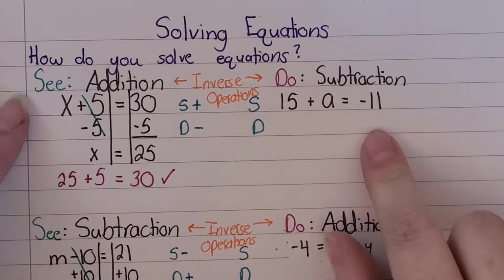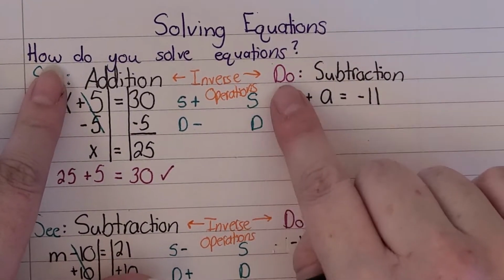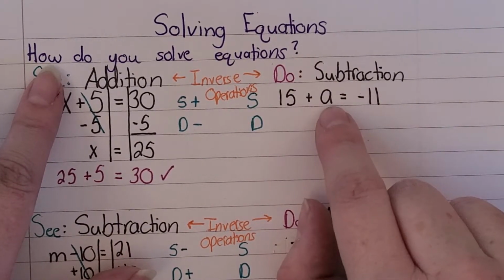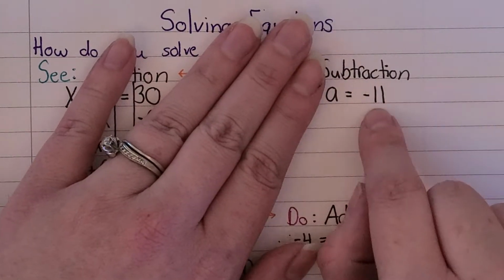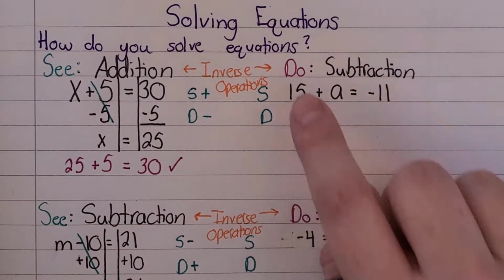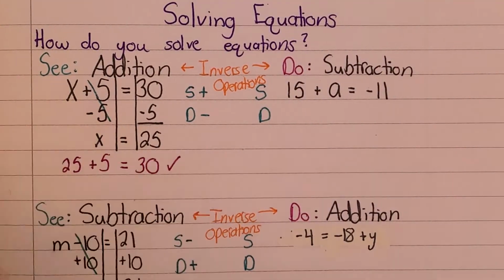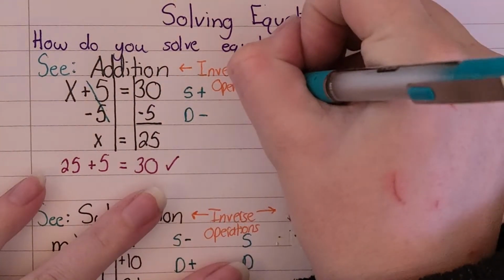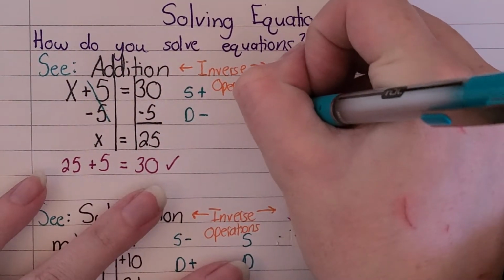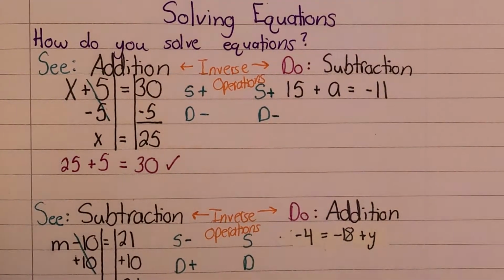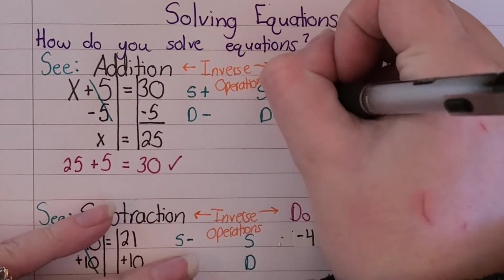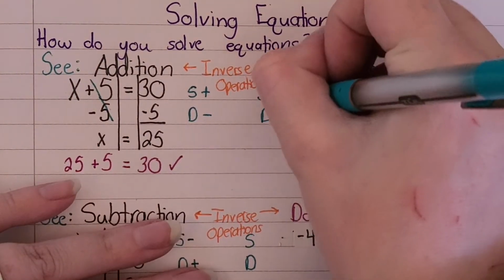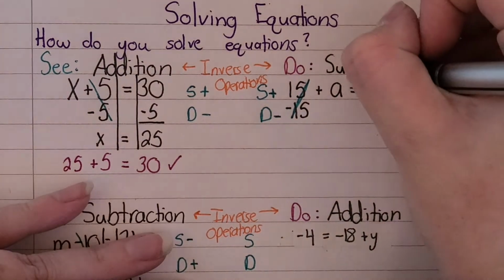All right, yesterday we already talked about what you see you need to do the inverse of, okay? We're trying to get this variable alone to say a is equal to something. So to do that, we use our inverse operation, okay? So we see addition, so we're going to do the inverse, which is subtraction, all right? So if I'm going to subtract 15, positive 15 minus 15, those get canceled out, all right? And we have to do the same thing on both sides,